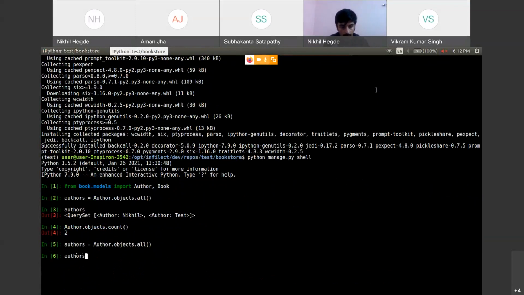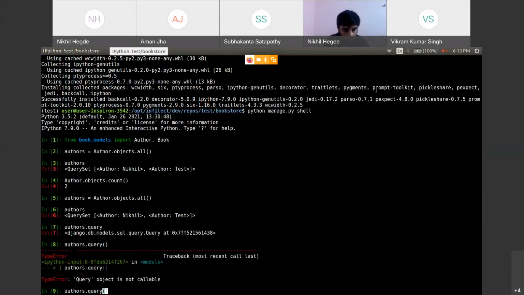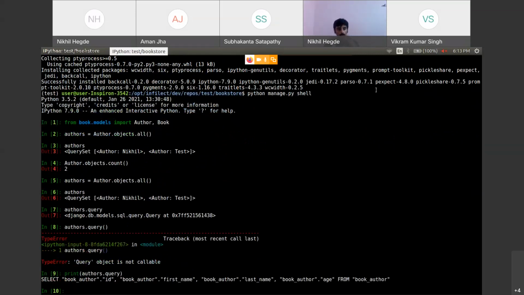Let's execute the actual query. Yeah. So if you print authors.query, this is the actual SQL query. It's executed: select author.id, first name, last name, age from book.author. So this is the actual SQL query. It has executed inside the database.